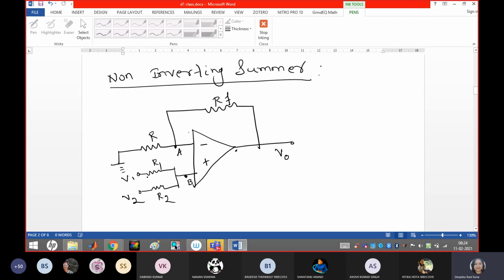Suppose the current flowing at R1 is I1, at R2 is I2, right? So write down. We know that by that virtual ground concept, we just have to write VA equal to VB only. Then we have to analyze the circuit from the input side, because here the potential is more and we have to analyze the non-inverting input.